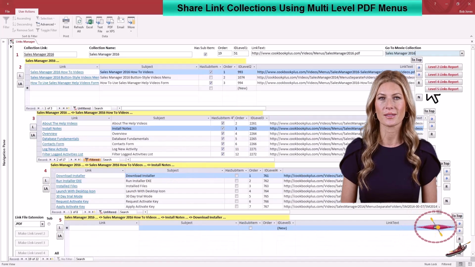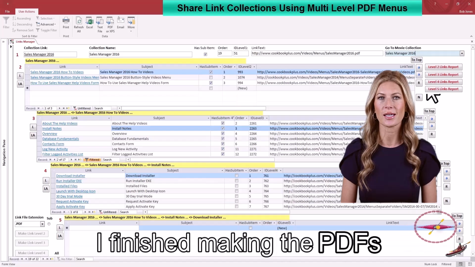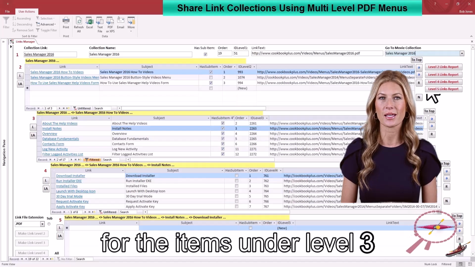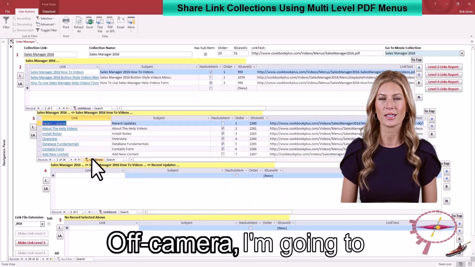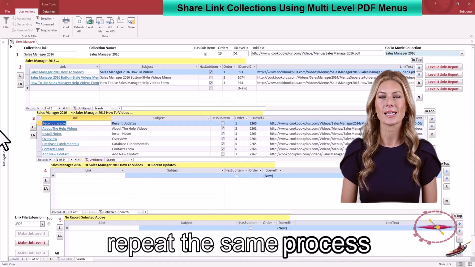beneath them. I finished making the PDFs for the items under Level 3 that have sub-items, so I'll unfilter Level 3. Off camera, I'm going to repeat the same process